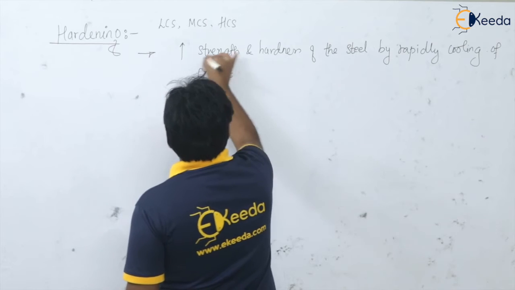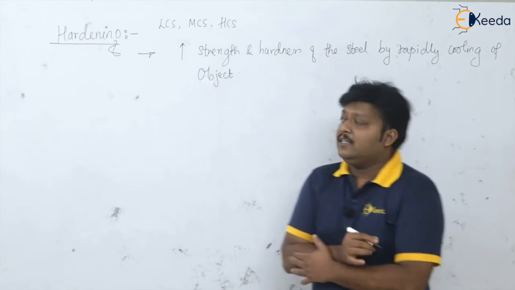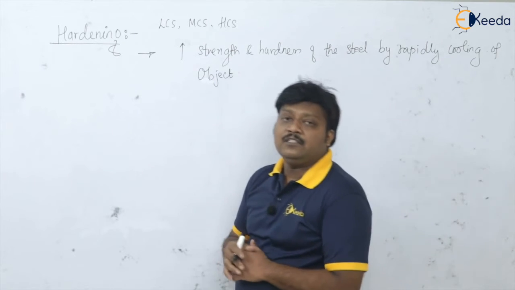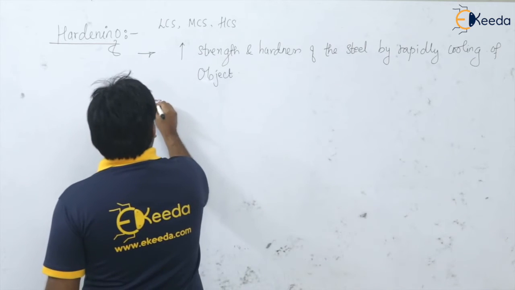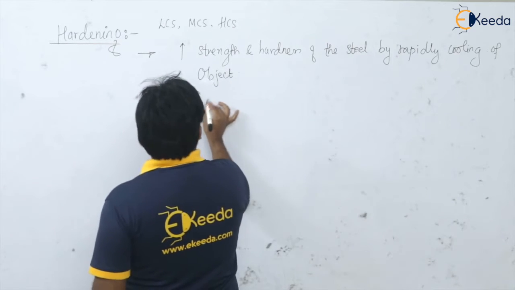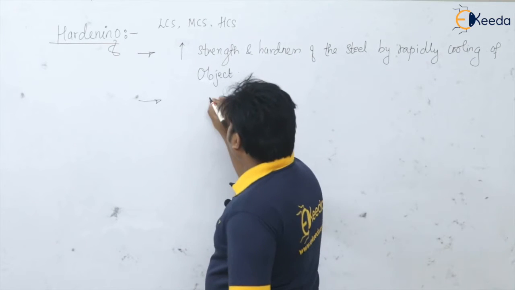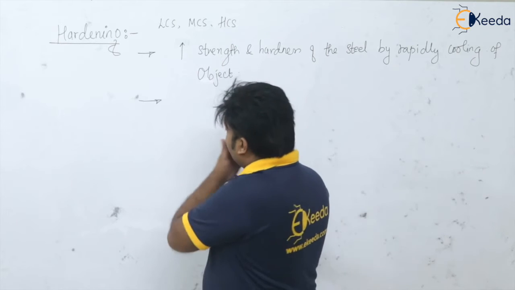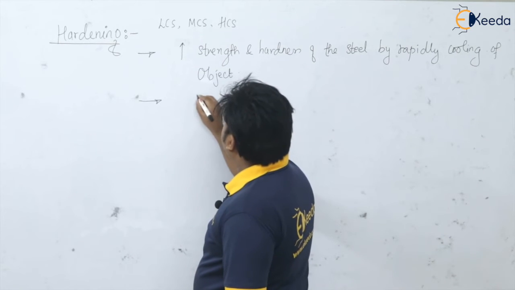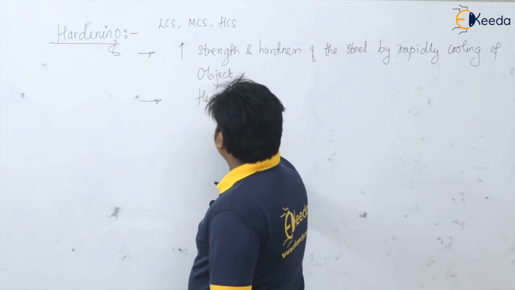Please remember, very important, when we do the hardening, the strength and hardness of the steel go on increasing. Now see, when we heat the steel, for the hypoeutectoid steel and the hypereutectoid steel, we should heat the steel